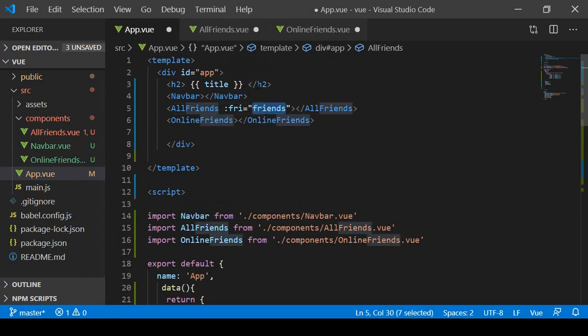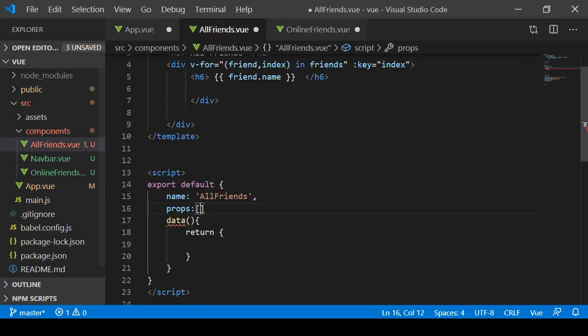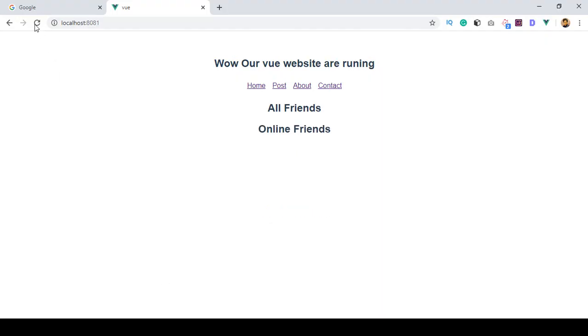So I simply copy it, and here I name it as friends. Okay, perfect. So friend, I think is very much clear to you. Now here I define a comma and then our data, that means the data property. Now if you click on save all, and open your page, like I just refresh it,